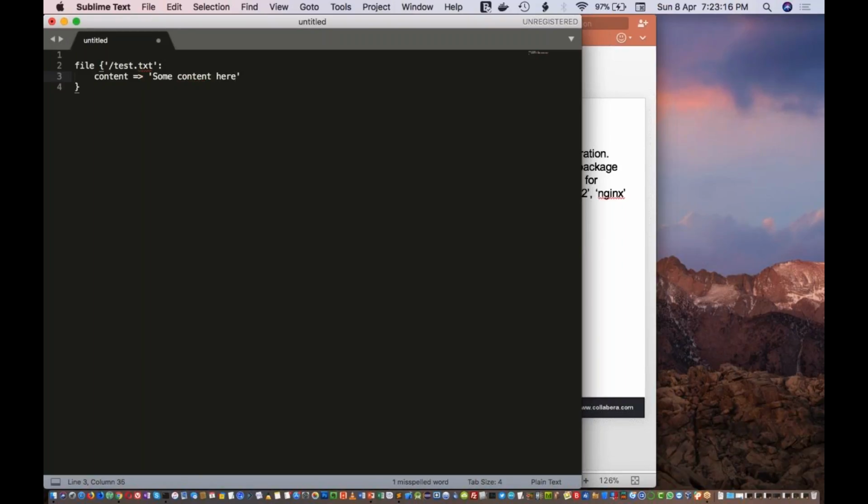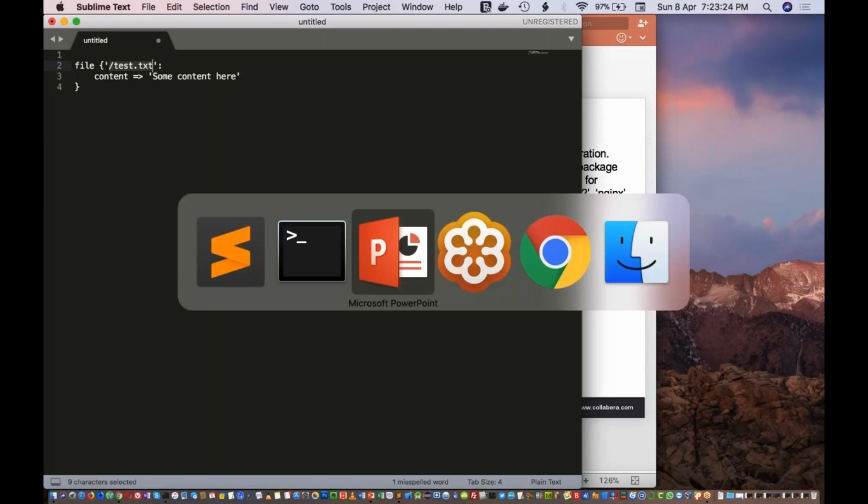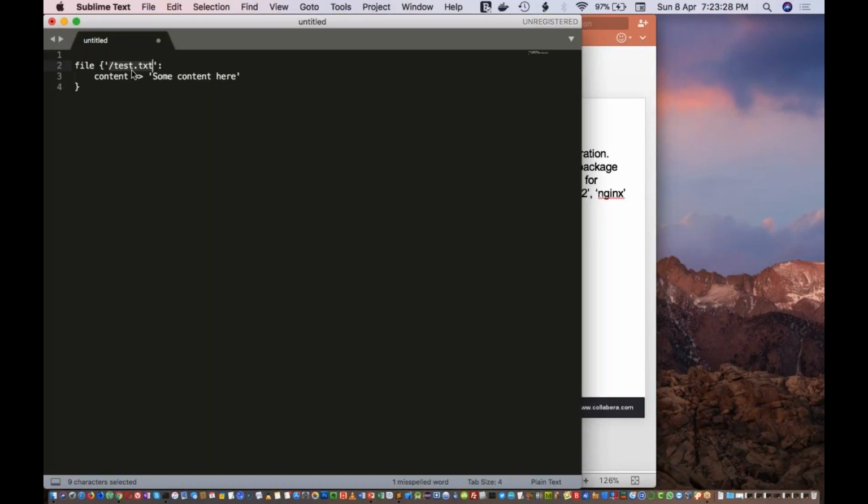So in this particular case, this is the title. This /test.txt is the title, and this is the attribute and value. Here there is no name section, so what it will do is create a file in the path mentioned in the title itself.